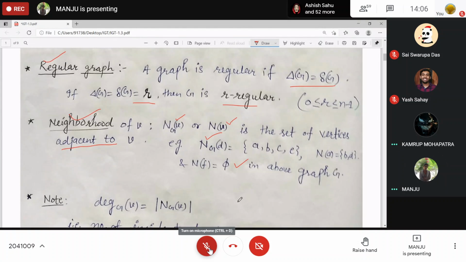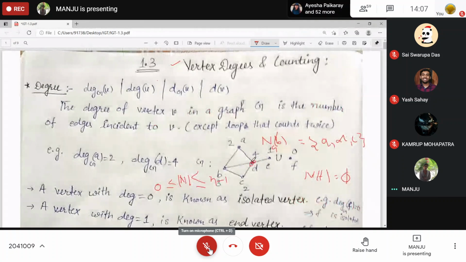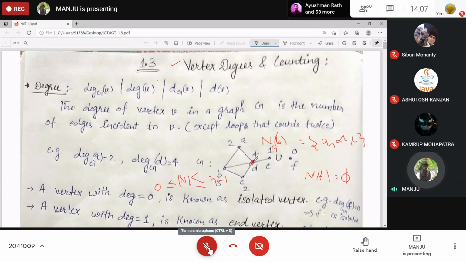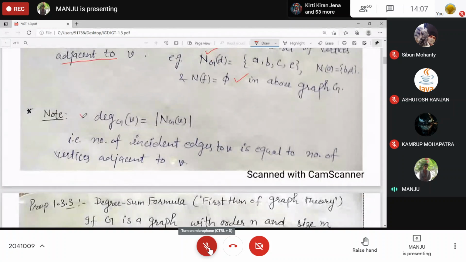In a simple graph, if you check over here, what is the cardinality of the neighborhood of D? 4. And the degree is 4, which means the degree also comes from all the neighbors, which are adjacent to this vertex, in the simple graph I'm talking about. So the cardinality of the neighborhood will give you the degree of the vertex. Clear? Yes. In a simple graph.